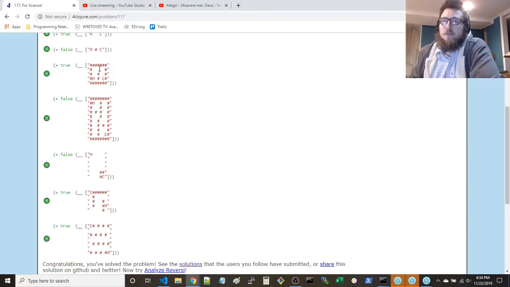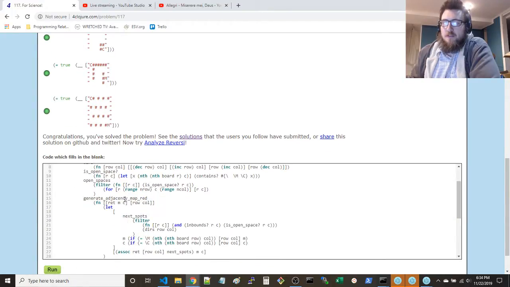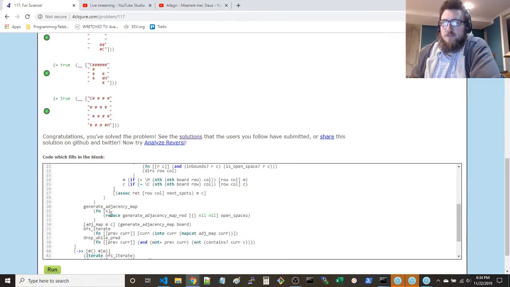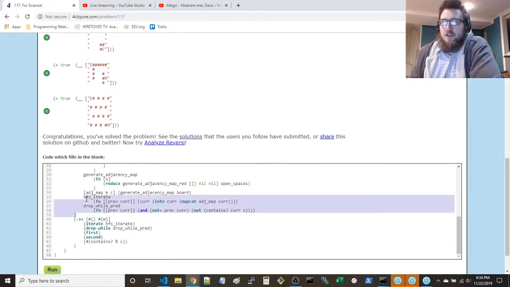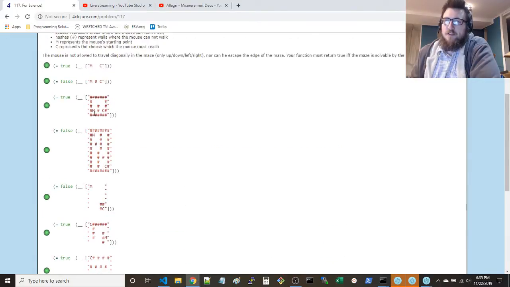You can move from one empty space to the next, so you can associate with that empty space the empty spaces around it. So that's this generate adjacency map. And actually, this is the reducer that performs that, and then the actual function call. And then what we did was we performed a breadth first search over the adjacency map, and we just said starting from M, and ending at C, basically we would